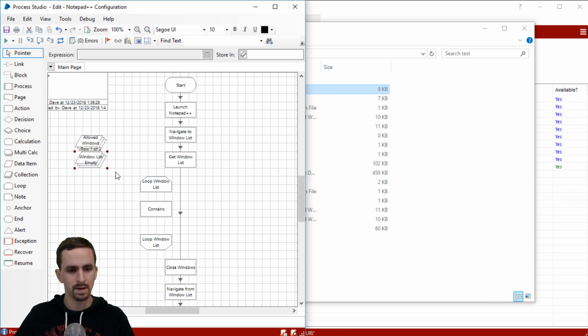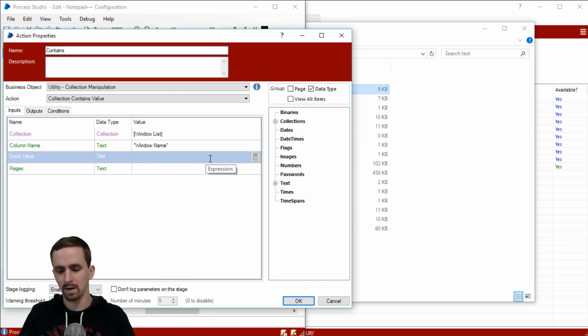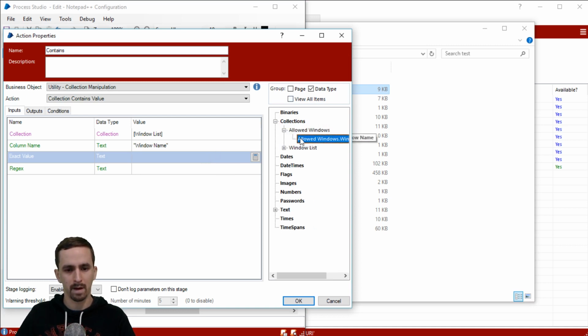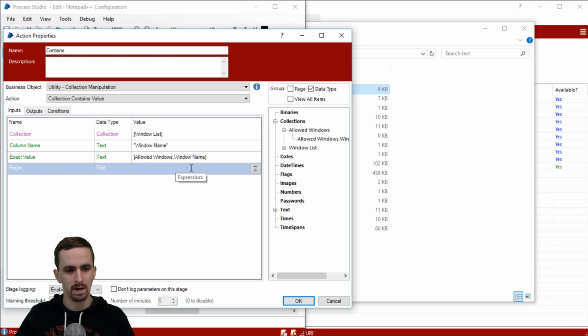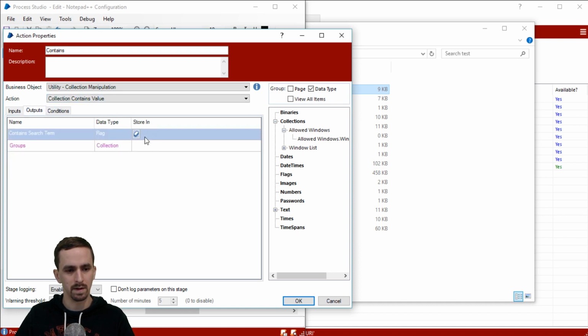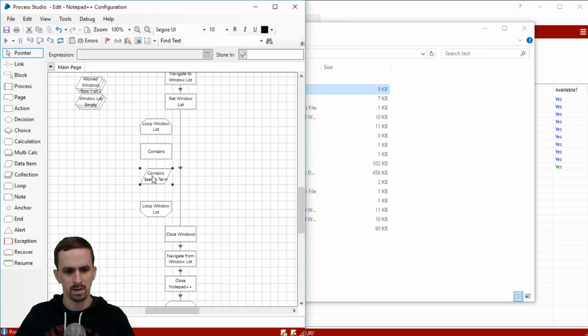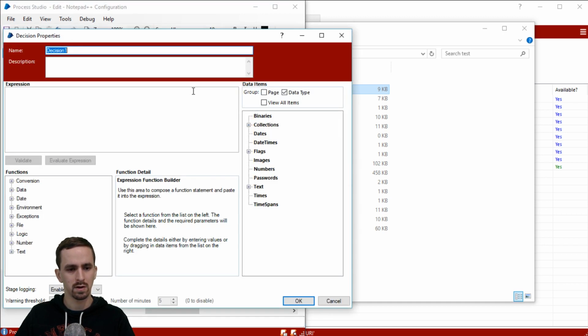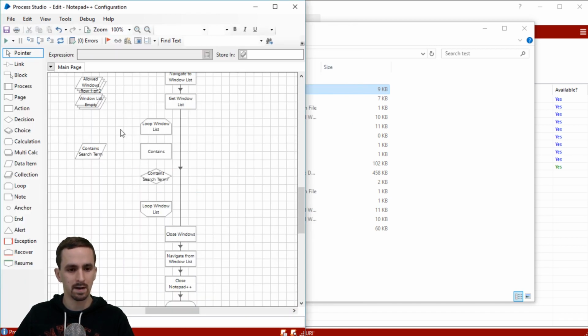When we loop into window list, we want to know if it contains, so exact value is going to be the one from allowed windows dot window name, and then output is going to be contains search term true or false. Then we'll use a decision stage, contains search term. If it does contain, if whatever item we have selected here,